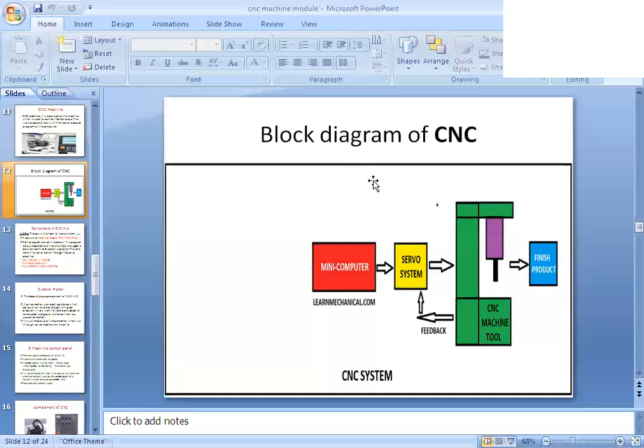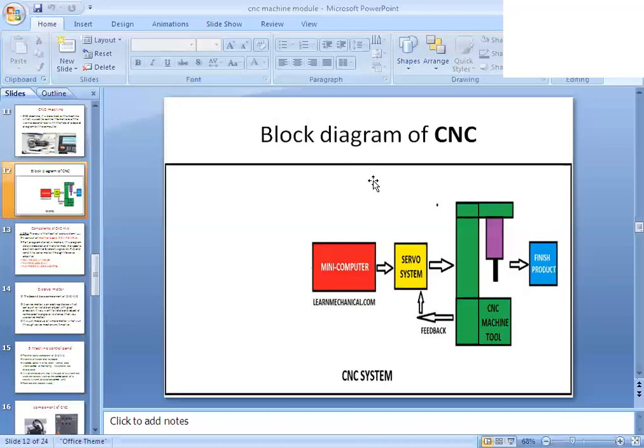For example, in the final external examination, they may ask 7 to 8 mark questions about the CNC machine: explain with a neat sketch of the block diagram and mention its applications. I am sure about that.